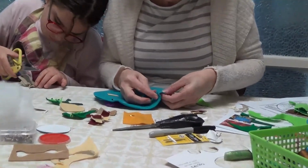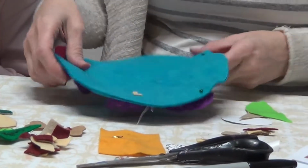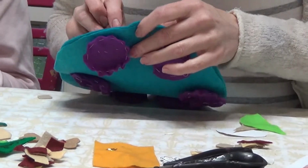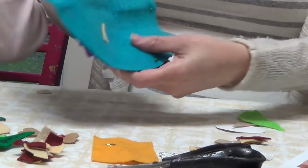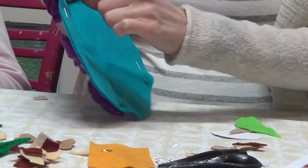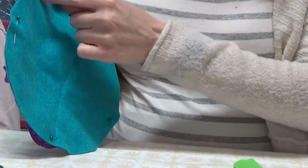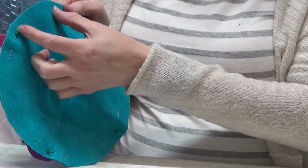Okay, so I'm going through, in and out both. And here's my 4th pin. There we go. So what I'm going to do now is I'm going to sew all the way around here until maybe about here. And I'm going to leave a space. Actually, Zoe, you're going to do that. All right? You're very good at this. All right. So let's take